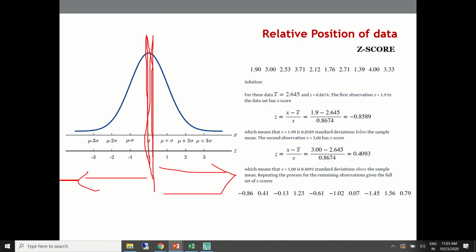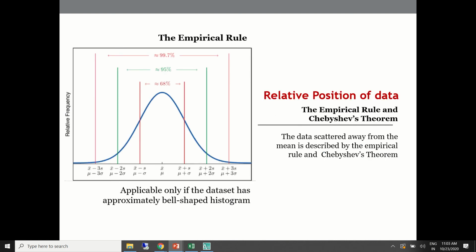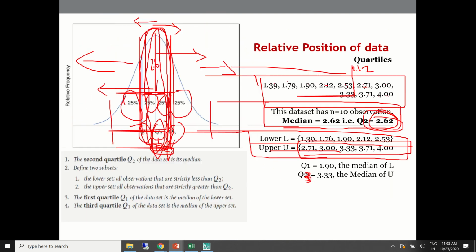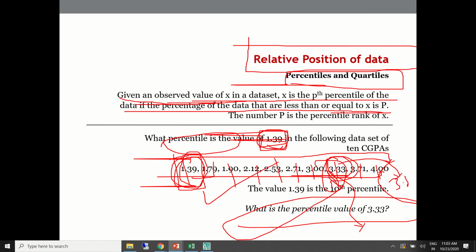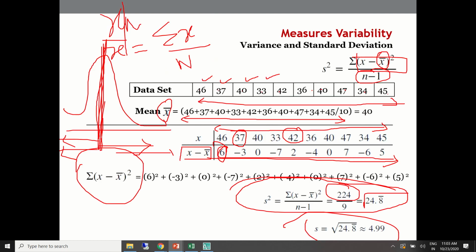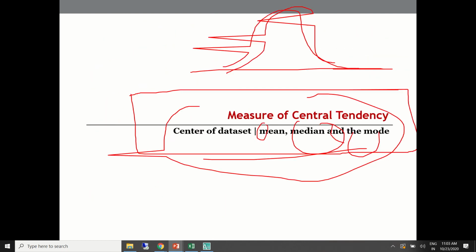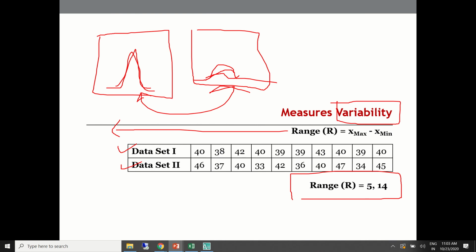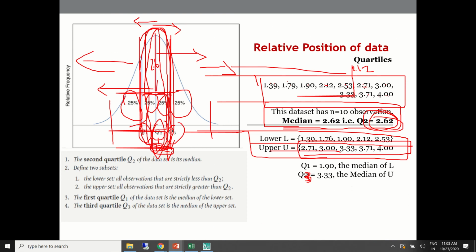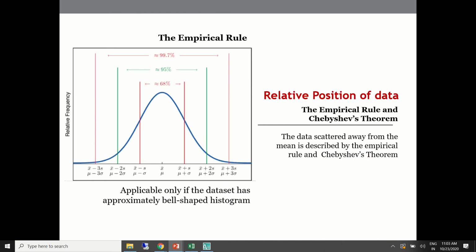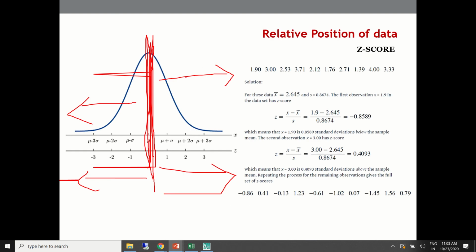Let us assume this is 0. How is it varying on the negative side, how is it varying on the positive side, and what is the variation in the data set within the plot? So we have seen 2-3 keywords. I hope we can recollect quickly. First, let me explain this as well, then we can come to this.